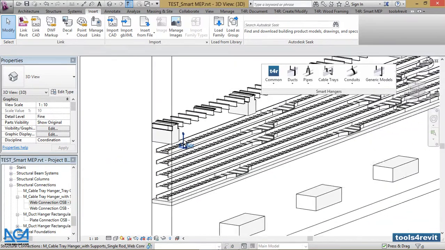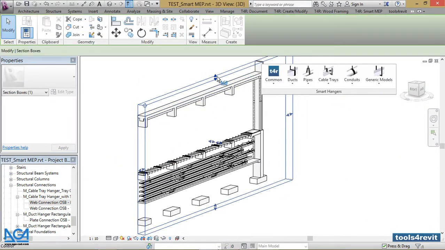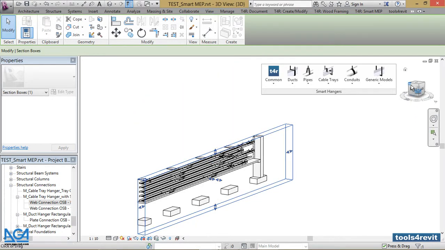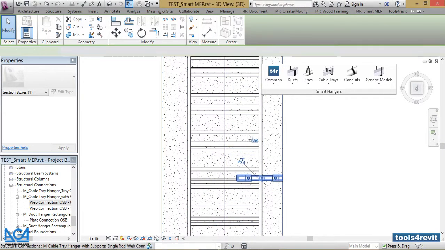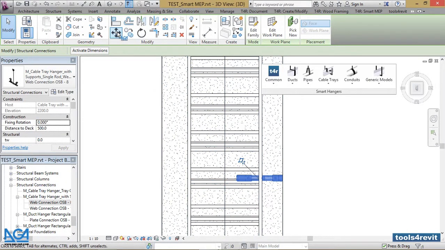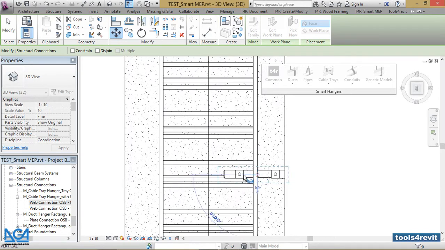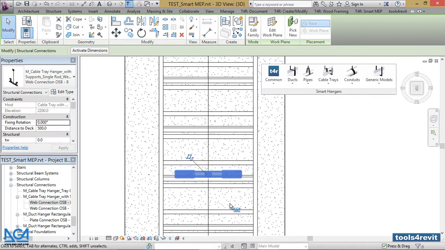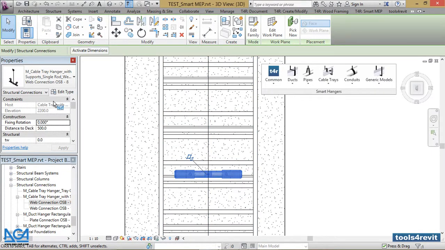Then we need to cut through, and just place it in our project, just to align everything. For example, like that. Then I need to know, okay, I have 600 width, and this is perfectly created hanger,